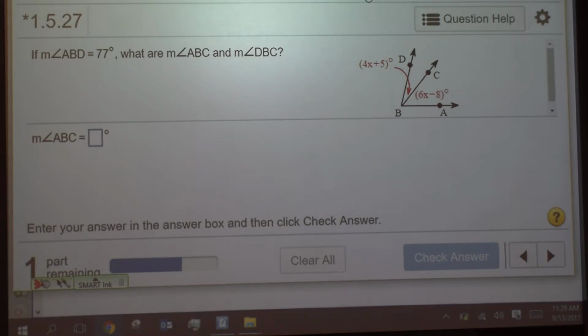Anybody want to see anything else? Any other problems in there? Nothing? Okay, I'm not really sure what number it was. It was towards the end. It had